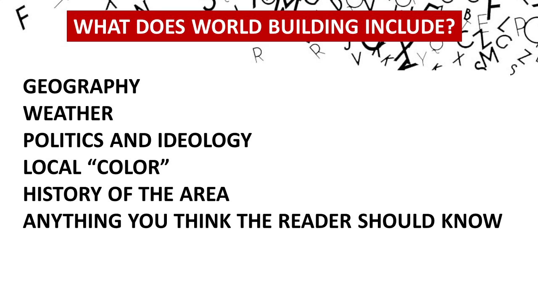Also, local color. For instance, when I write a story in Fort Collins, Colorado, Fort Collins is a huge brewery town. It's a huge microbrewery town with college students, so I always try to include something like that, even if it's just the traffic on College Avenue from the kids getting out of school. Or everybody goes and parties at the brewery for free samples on Friday nights. Just stuff like that. That's the local color of the area. Also, the history. Certain things about the history could come into play.